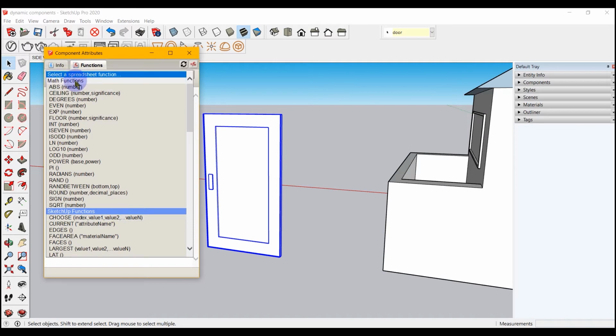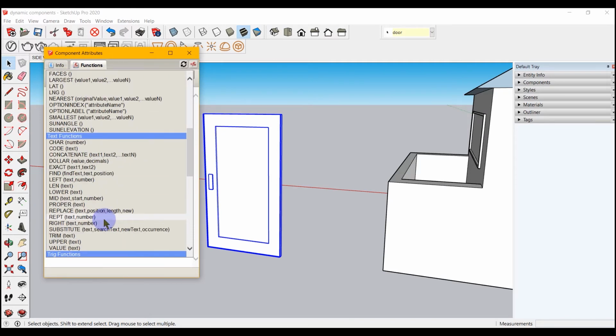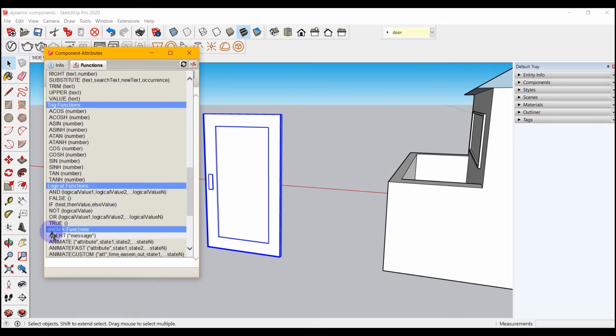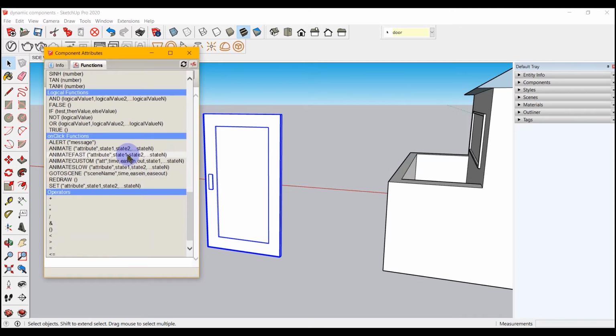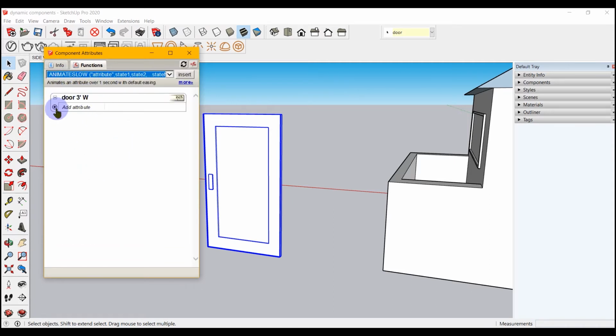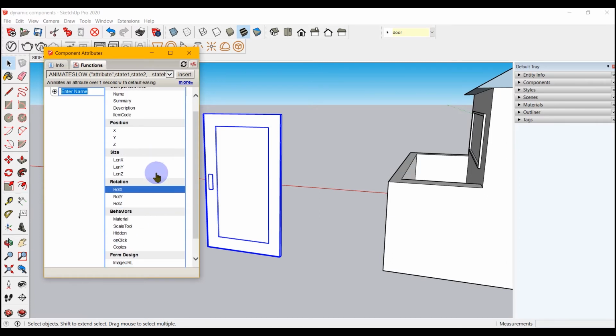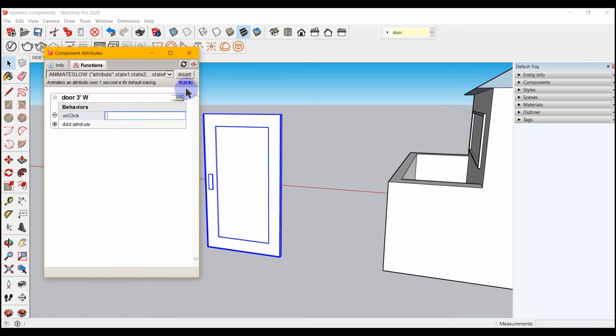These are the predefined attributes that you can use to make a dynamic component. In my case, I am going to use onClick functions. So I am selecting the Animate Slow attribute from this list. To add an attribute, you have to click this plus sign and choose the attribute from this list. I am choosing onClick. And I will click in the box and then click Insert. Now I have to give the attribute name and assign values.